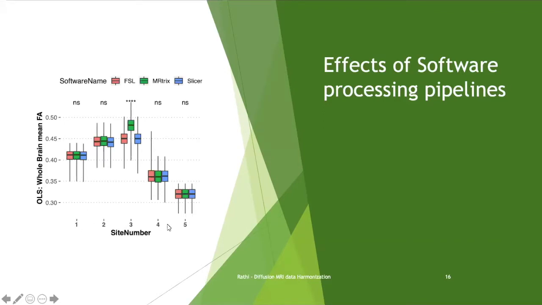Here we have 5 different sites. We took about 400 data sets, each probably having something like 40 to 50 subjects. We pre-processed all of the data sets exactly the same way, and then we passed them through 3 different software packages. One is FSL, another is MRTrix, and the third is Slicer. So you have 3 different popular software